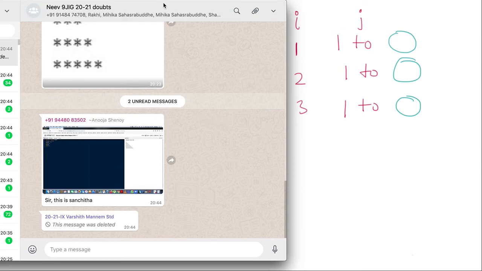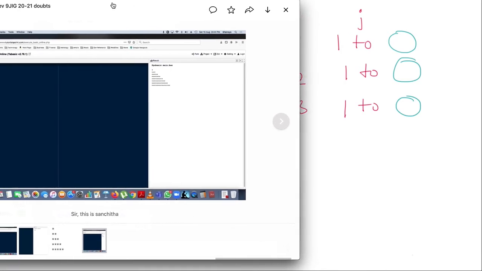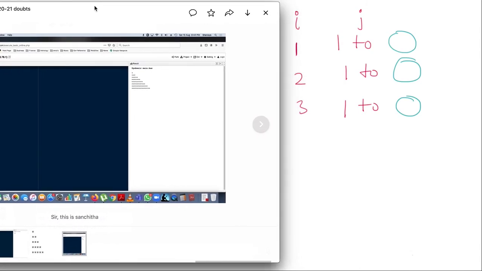That's the old one. No, 1 and then 3 printing and then 5 printing. That one. Yes, sir, that one I sent. Yeah, okay. So I'm not looking at your program right now because everybody will see it. My whole screen is getting shared, right? Sir, should I send the output only?